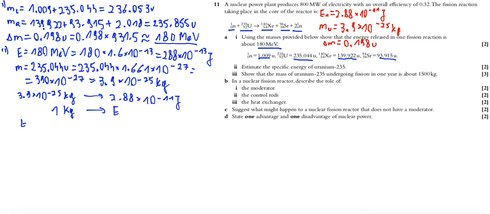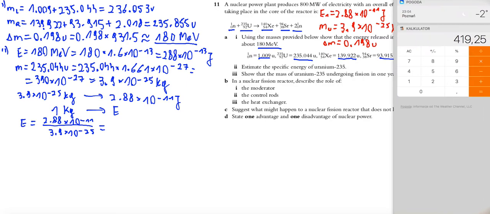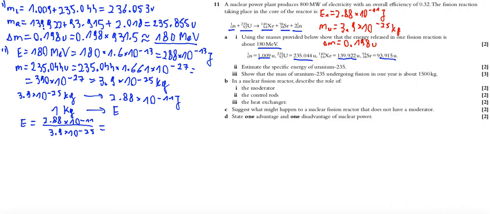So energy released by 1 kilogram of uranium is 2.88 times 10 to the power of minus 11 divided by 3.9 times 10 to the power of minus 25. And if I didn't make a mistake in my writing or calculations, the result is 0.738 times 10 to the power of, we have minus 11 plus 25, which gives 14, 10 to the power of 14,